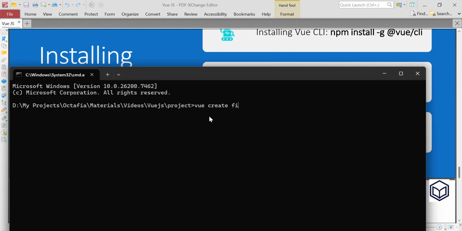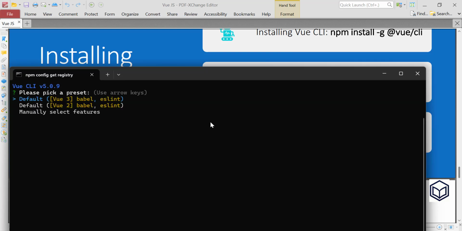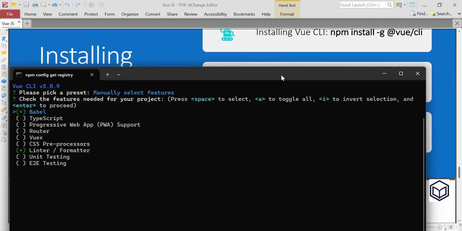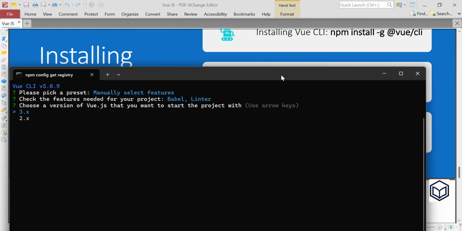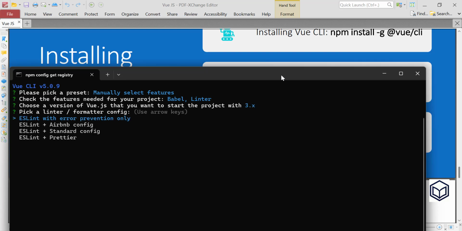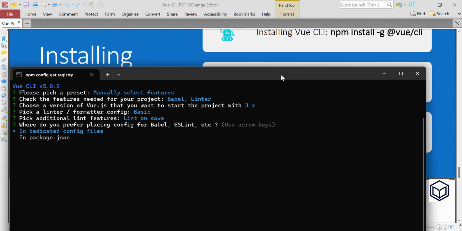I write first project like this, enter, and you can choose manually select features and press enter. We choose Vue.js 3. Enter, enter, enter. Then we can type no.